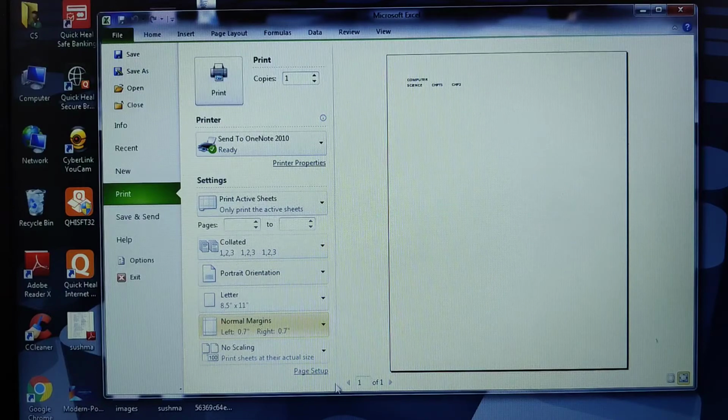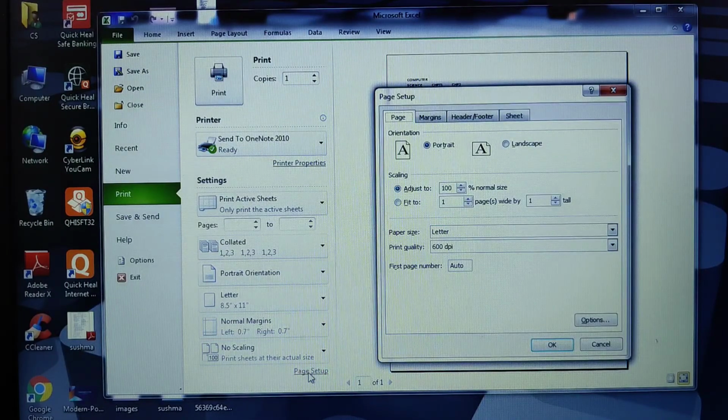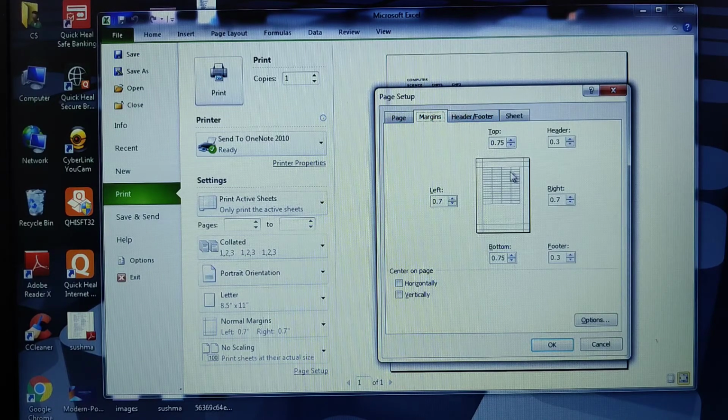All these options you can use, and you can even go to the page setup here, like margins. Like this you can view your Excel file. Suppose some content is not visible in the printing, or lines are exceeding the printing coverage area, then you can adjust all the margins over here.